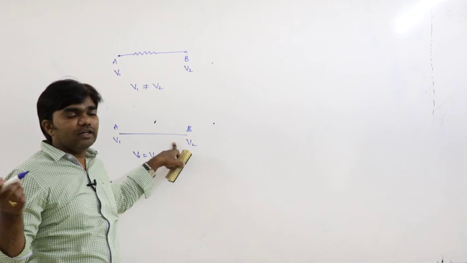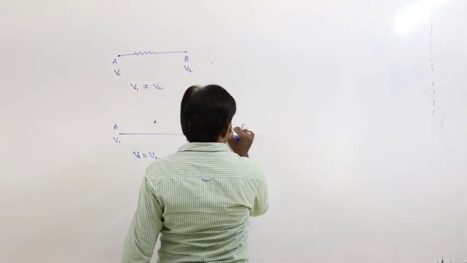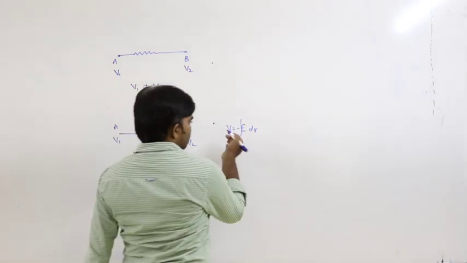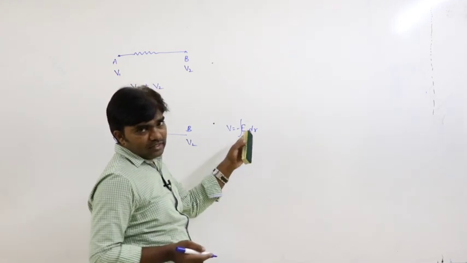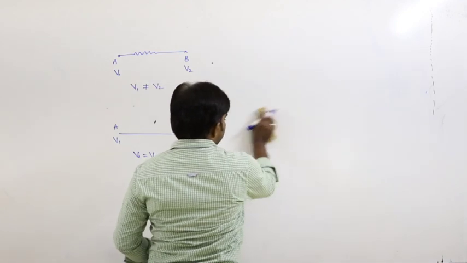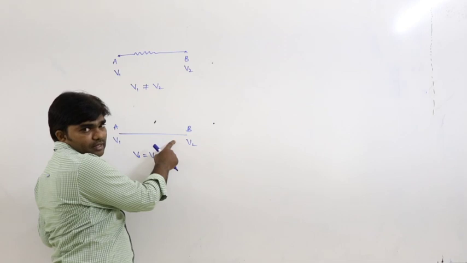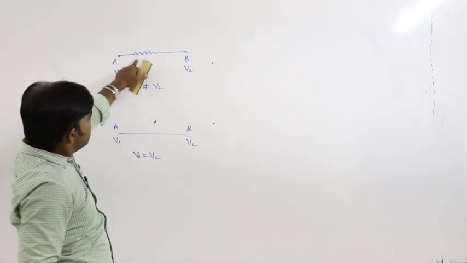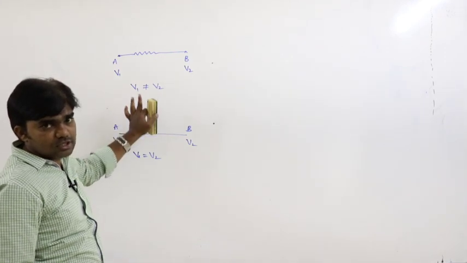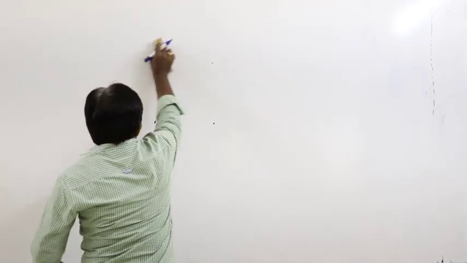If it is a variable electric field, generally we have a different situation. V is equal to minus integral of E dr, that is different. So the relation between electric field and potential is variable. In case of a constant electric field, E is equal to V by d. But in case of resistance, potential never stays equal. Potential must change. See here, let us do examples based on this.